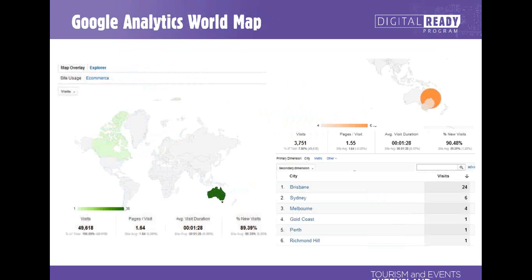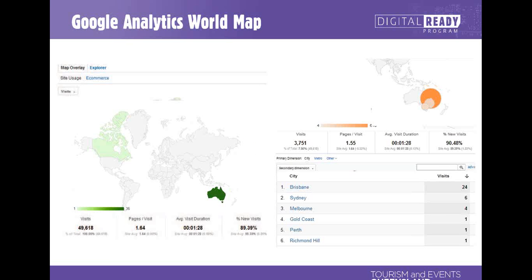Other things you can get, you can see where your traffic is coming from. For this particular site, it's all coming from Brisbane. It's a locally based one, which is good because that's what I wanted. And it even gives you the city, so that's really helpful. You can get the state, the country worldwide. I've got one or two from America and some from Australia. Then you can get the state, then you can actually drill down to the city, mostly capital cities, but as you see a couple of regions as well. So that's again useful information.